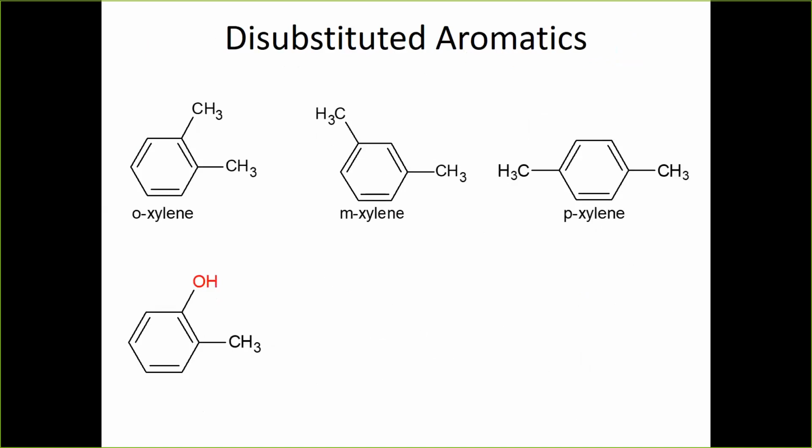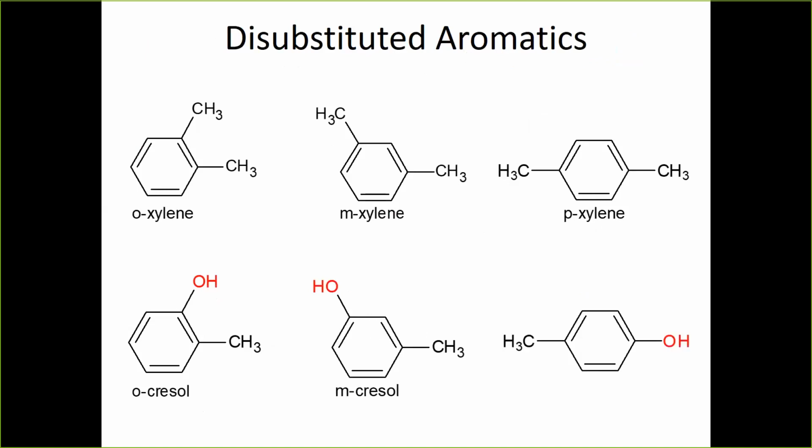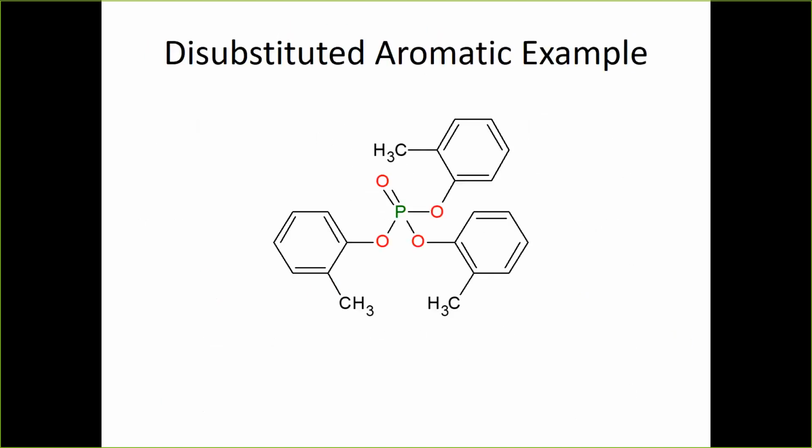Here you see a similar one that's like a benzene with a hydroxy group and a methyl on it, and again, not called methylphenol, not called hydroxytoluene. It has a special name as well, which is cresol. So here you see the orthocresol, which is O-cresol, and this is the meta version, or M-cresol. And here you see the para version, which is P-cresol. So this is actually a compound of interest for toxicologists as well, and some historical interests.